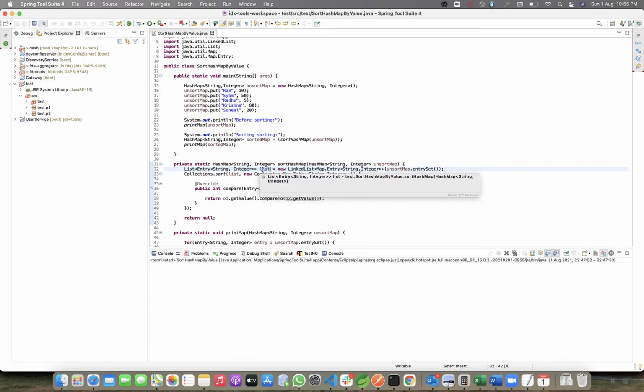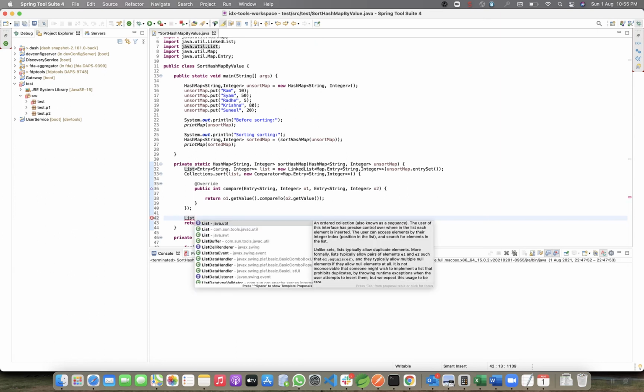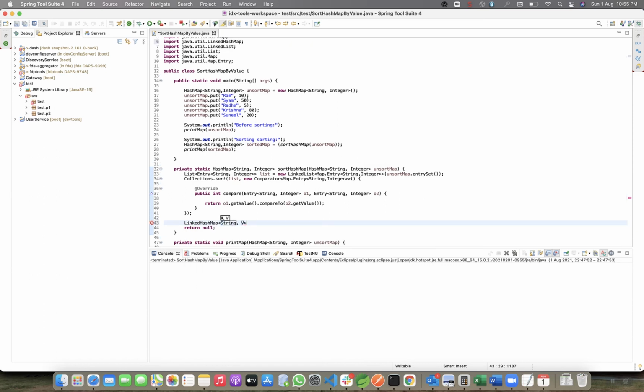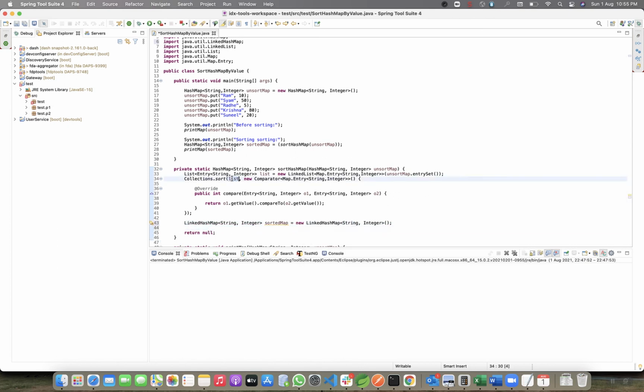Now we have a sorted linked list. So we'll create a new map, sorted map, a linked hash map with string keys and integer values. Now we'll loop around the list and put each entry into the linked hash map, which will contain the insertion order.